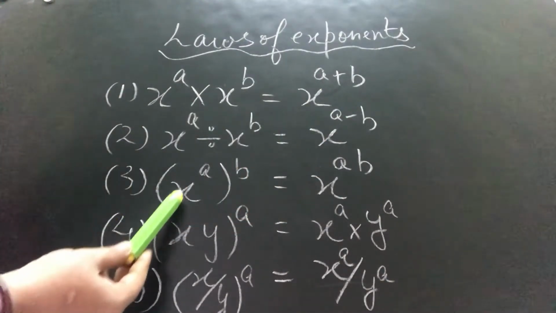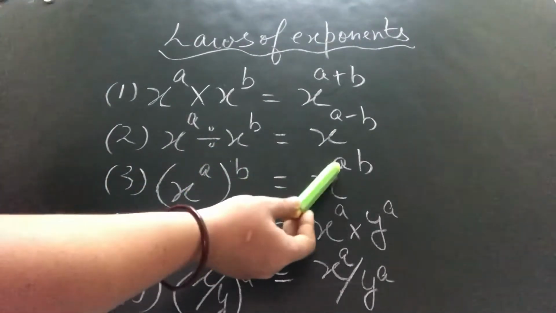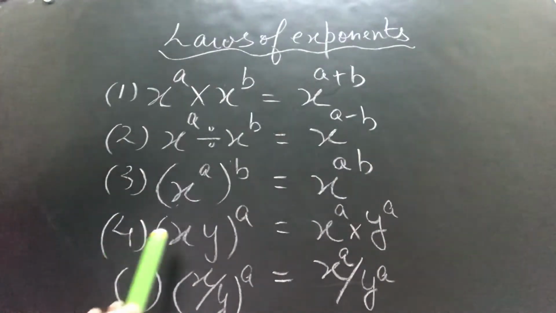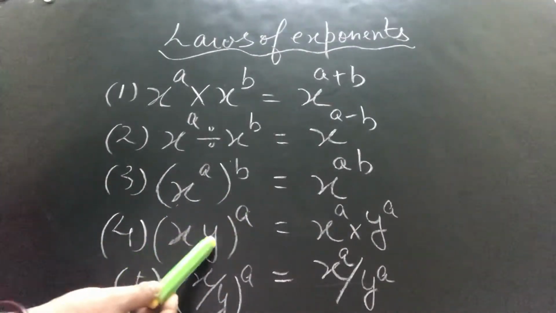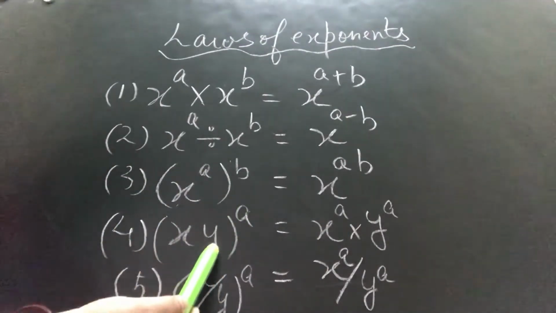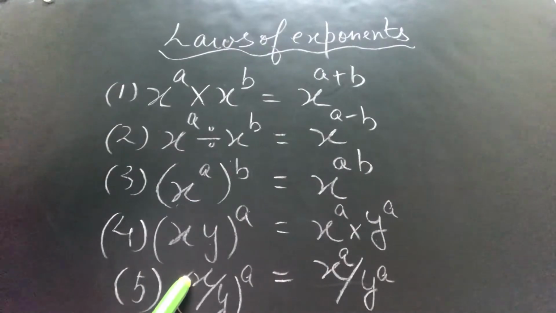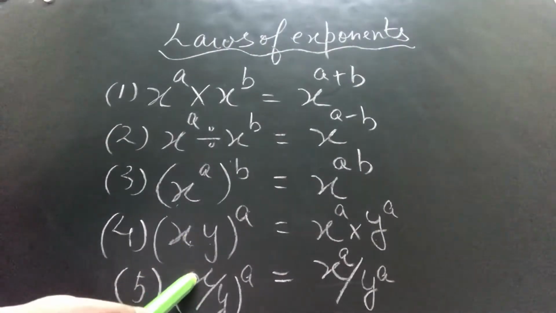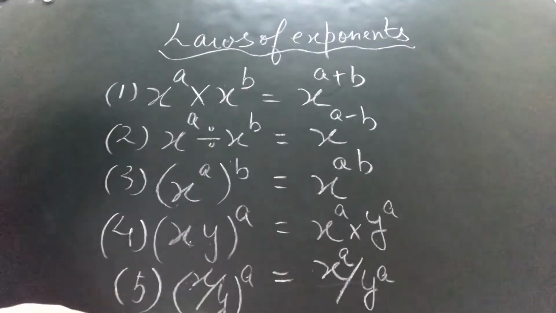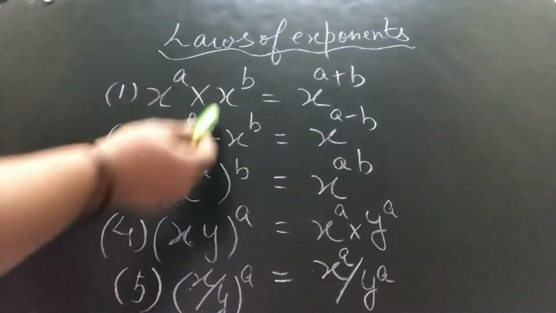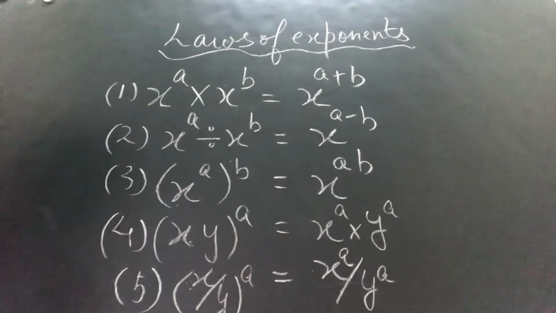Now see, if you have one power a and further you have another power, then powers multiply each other. Fourth, if two numbers are there and they have one power, say a, then separately you can write x to the power a into y to the power a, right? Fifth, if we have in place of multiplication, if we have division, x divided by y raised to the power a, then numerator raised to the power a upon denominator raised to the power a. And in all the cases, you can write this expression like this and you can write this as this, right?